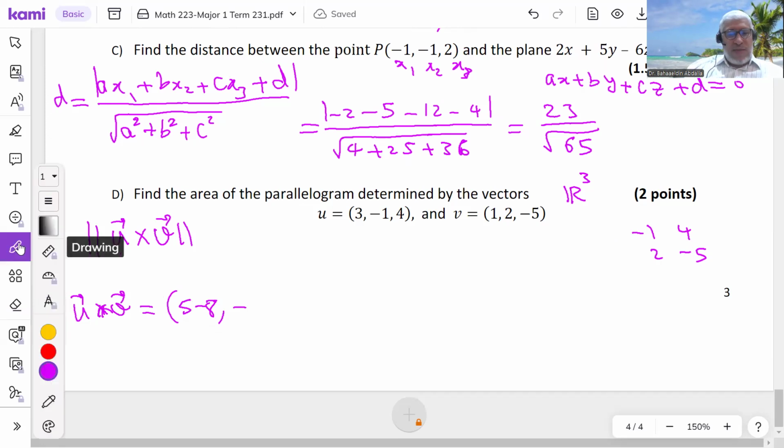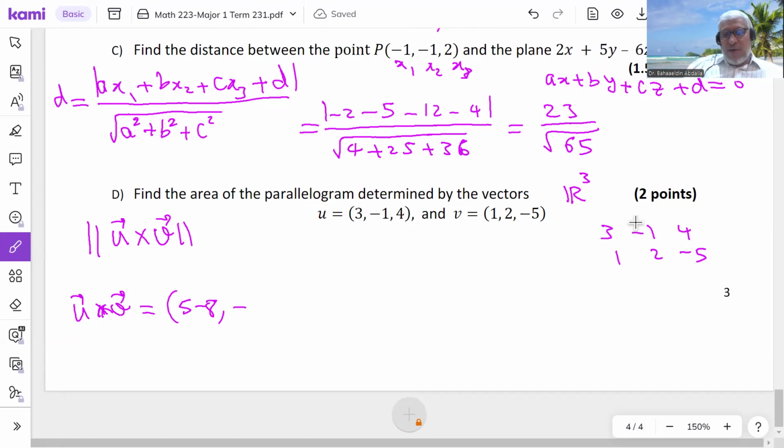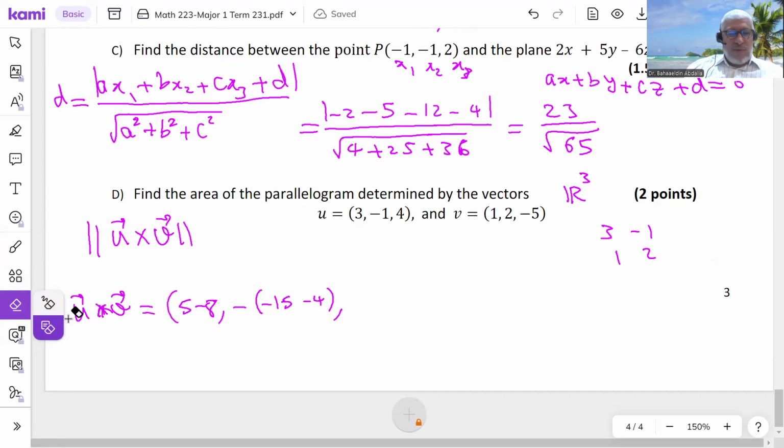Let me put back 3 and 1. Now forget about -1 and 2. Forget about the second one, okay? And find the determinant. 3 times -5, that's -15 minus 4. This is the second component. So let me write -1 and 2 back. And to find the third component, forget about the last column and find the determinant. So 6